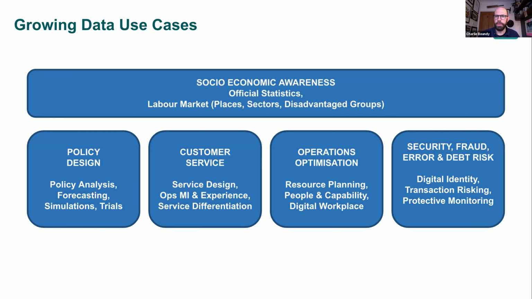in amongst that. The other thing is, going online, you've got a different security, fraud and error set of risks to deal with. There are really important things for us to do there around protective monitoring, not only at your cybersecurity level, but also other types of users. We've also got huge ambitions there, pushing forward into transaction risking and digital identity and service differentiation. So you can see things there are needing to be not just gathering data and seeing performance, but also feeding that intelligence back into the service to make it better and more relevant to the individual that's using